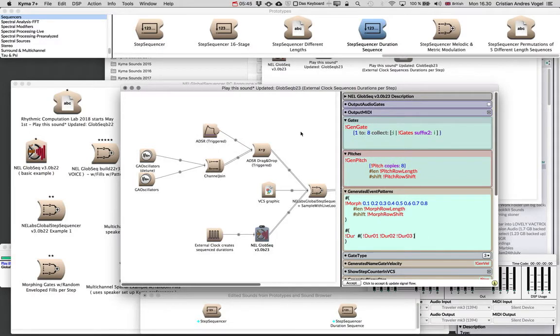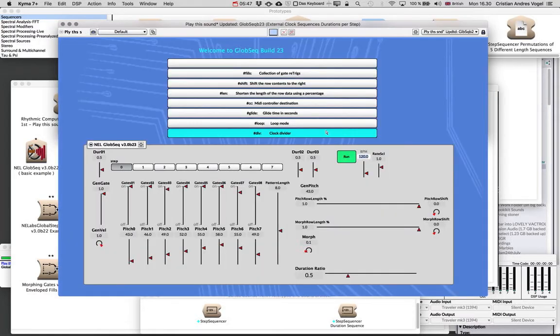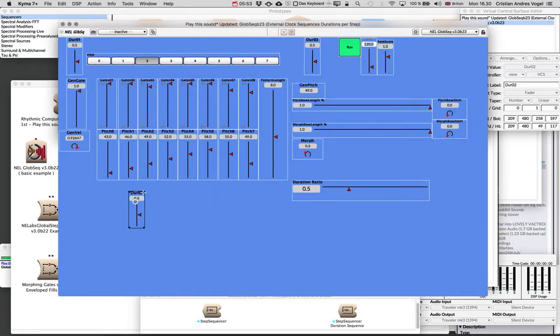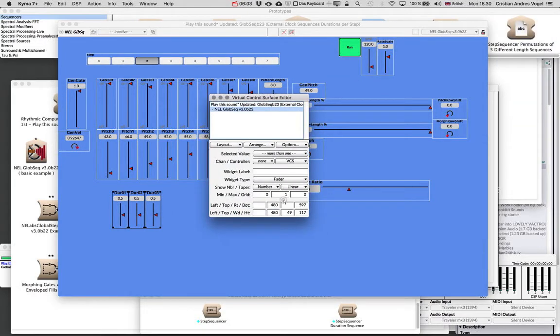Okay, let's see if that works. And yeah, so I've created an array of values to step through for the durations. So that little 3-element pattern, if I just highlight them all and give them a bit of a range and maybe round them all off to 1/4,